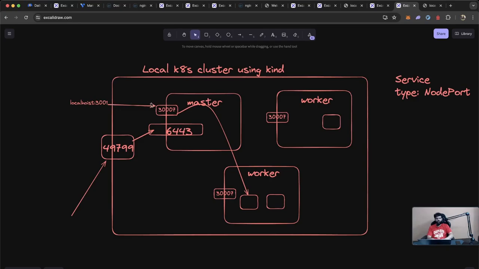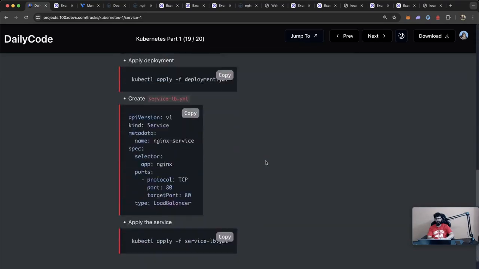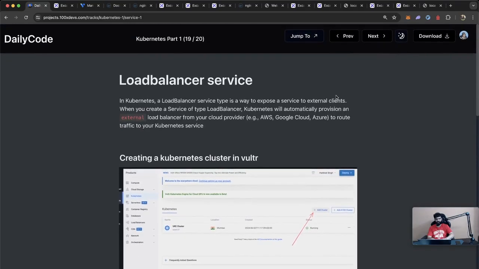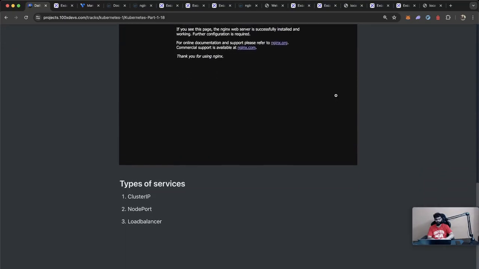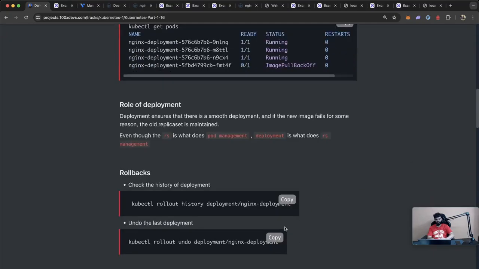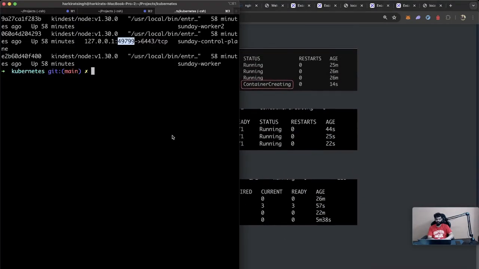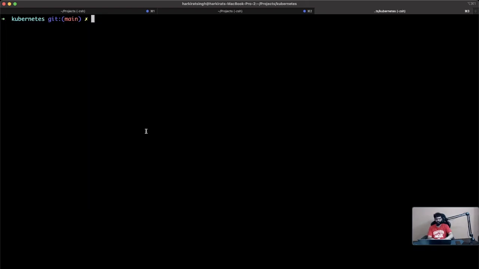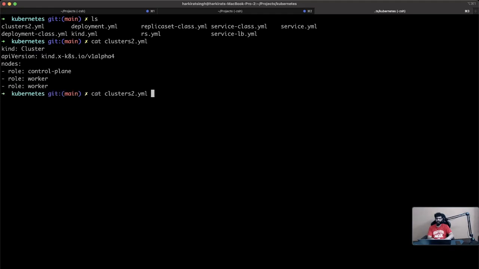Now I need to add a port mapping to all 3 of these containers. How do you do that? Thankfully, Kind gives you a way to do it. Whenever you're starting your containers using Kind, I wish it was here somewhere. Okay, I have it locally, but you might not be able to copy. If you are copying, I'm assuming most of you aren't. Cluster2.yaml. Whenever you're starting Kind,